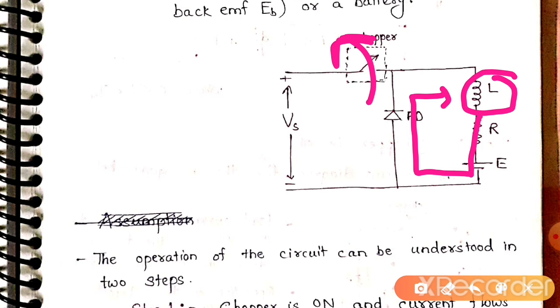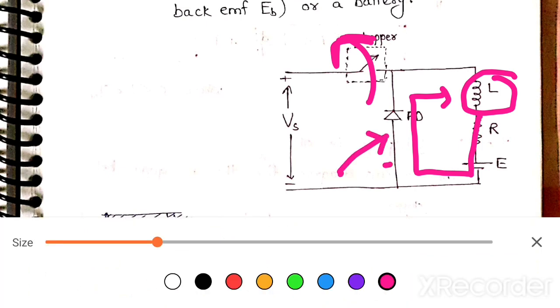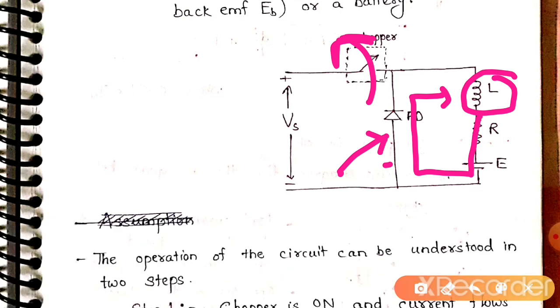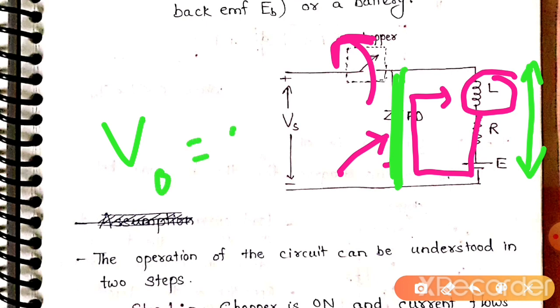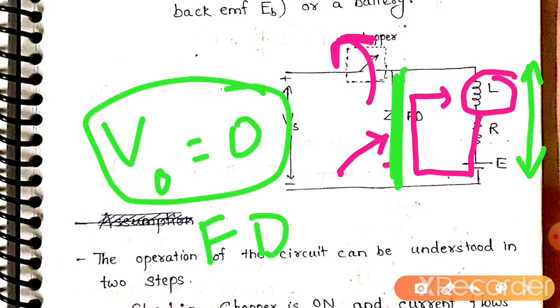Since this freewheeling diode conducts, the output voltage across this load will be equal to 0, because the freewheeling diode is conducting. It is almost like short circuiting the load. So output voltage will be equal to 0 when this freewheeling diode conducts, but